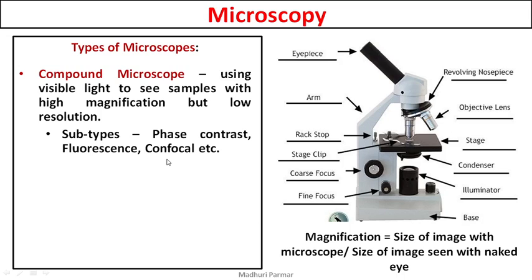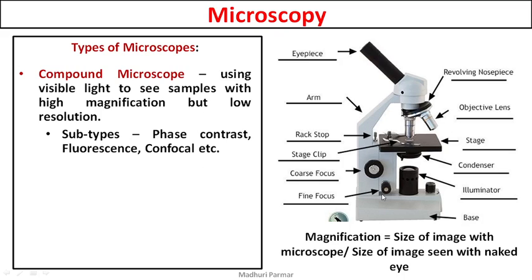Then confocal microscopy. Confocal actually uses two different lenses, and it gives you images layer by layer. Have you ever used the burst option on the phone? While taking a photograph, the burst option takes at least 30 pictures at a time, when you long press. So all those pictures will have something different. So what does a confocal microscope do?